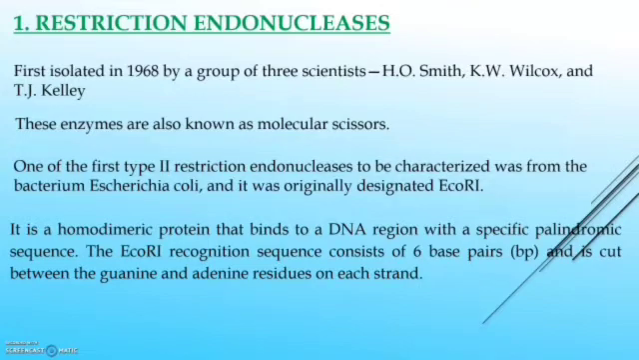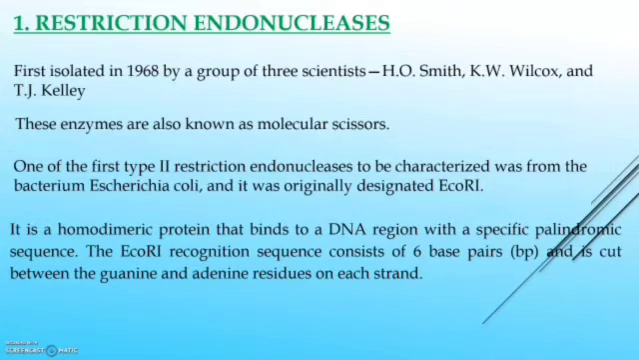coli, it is a homodimeric protein that binds to a DNA region with a specific palindromic sequence. The E. coli recognition sequence consists of 6 base pairs, and it is cut between the guanine and adenine residues